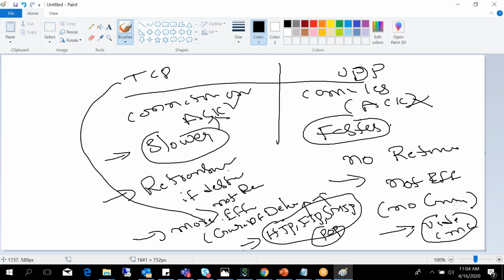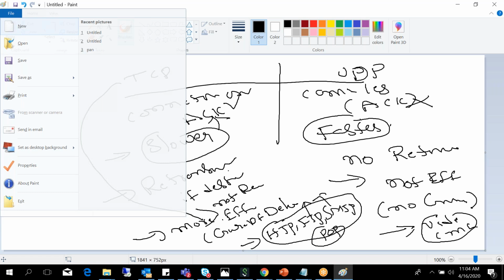Difference between TCP and UDP. In the three-way handshake, first you transmit a packet from the client to the server, right? First the client asks for a connection, like synchronization.